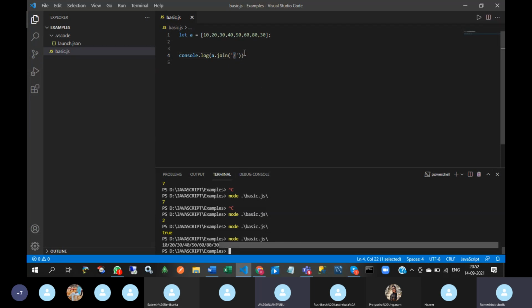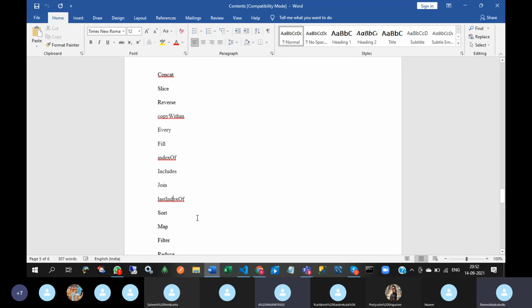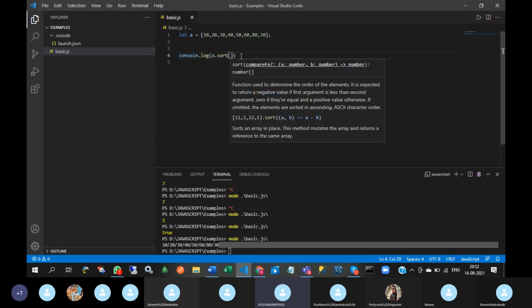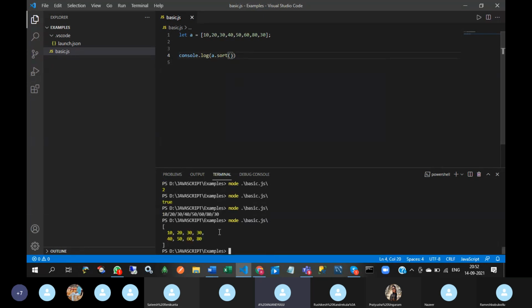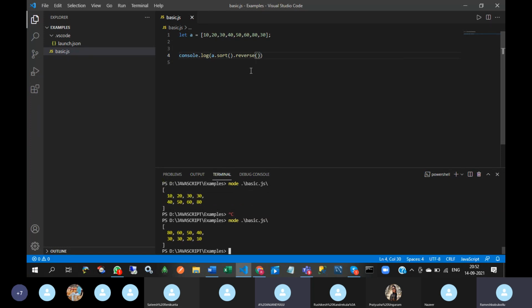Okay. Next one is let's sort. This is ascending order. If you want to do this in descending order, then you can do the reversing.